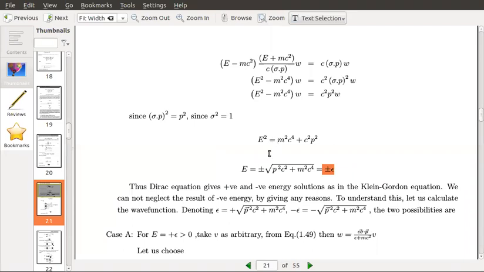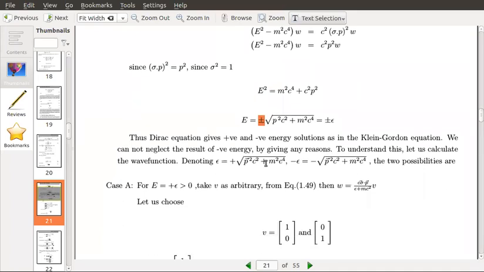So here we cannot neglect this plus and minus. When you take the square root, you put the plus and minus. Energy has a positive value as well as a negative value. Sometimes you may neglect this minus and simply take the root, but here you cannot neglect that, because we are already stuck with this negative energy problem in the Klein-Gordon theory. So this negative we cannot neglect at any cost. So you put that plus and minus here. Okay, I think up to this point we have covered yesterday.